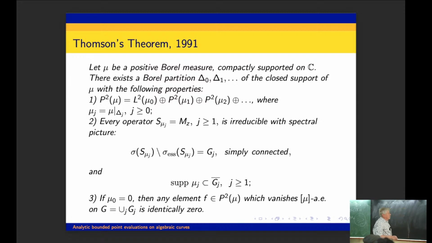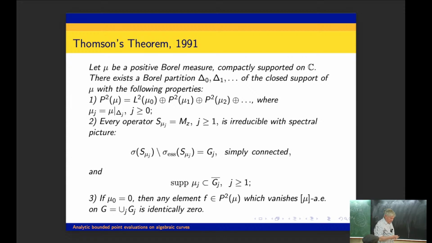And therefore, it determines the boundary. And if you look from the point of view of my colleagues here, the multiplication by the variable is a subnormal operator. The essential spectrum is only on the boundary, and so on. In particular, if this space is dense in L2, obviously these parts disappear completely.